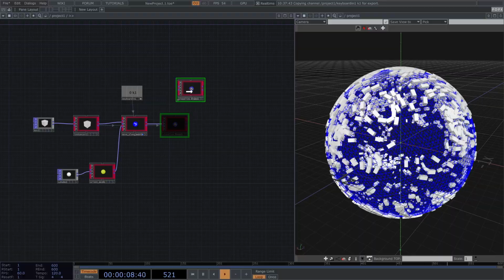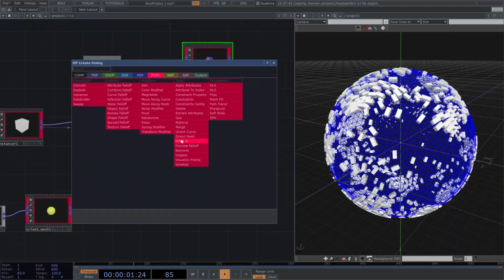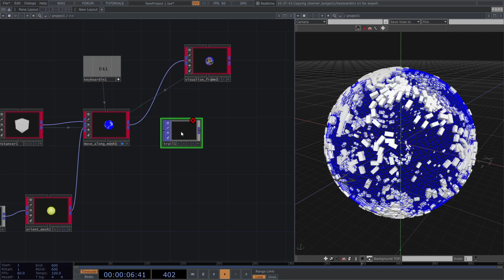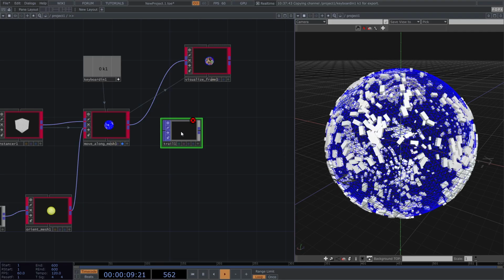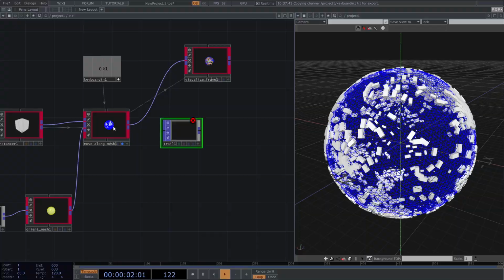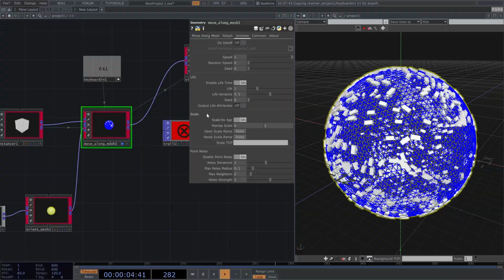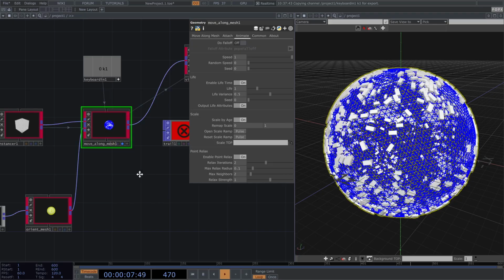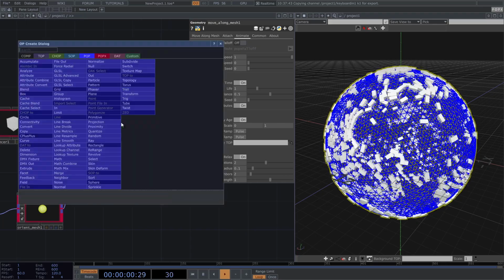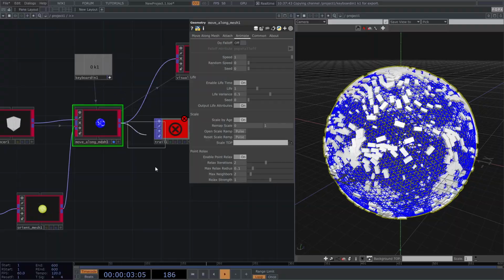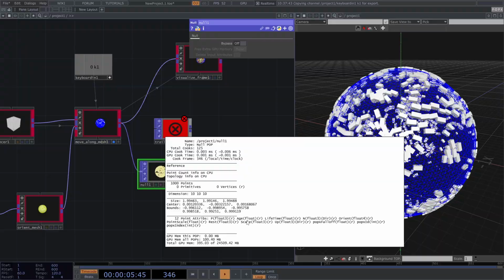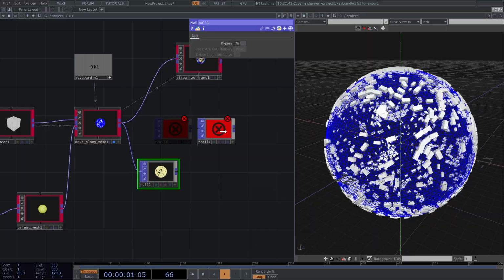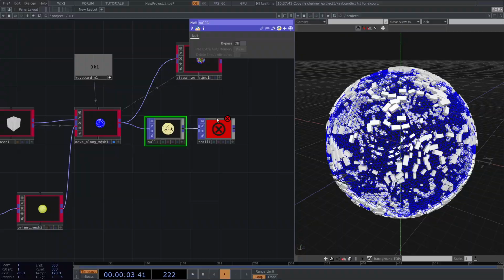Now, a cool thing we can also add is using the trail pop to add a trail based on the path that these instances are taking along the surface. So for doing that, first I'm going to output the life attribute, and if I create a null, this is going to output the age and the lifetime of my instances. So I'm going to connect them to a trail,